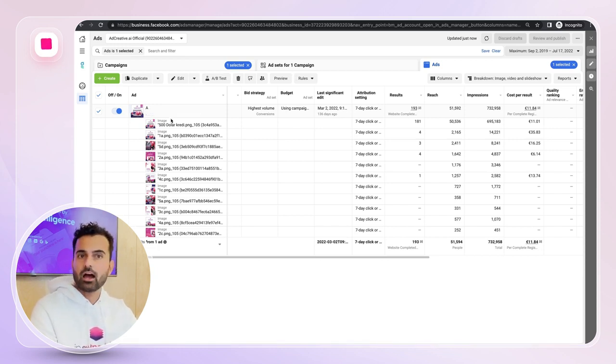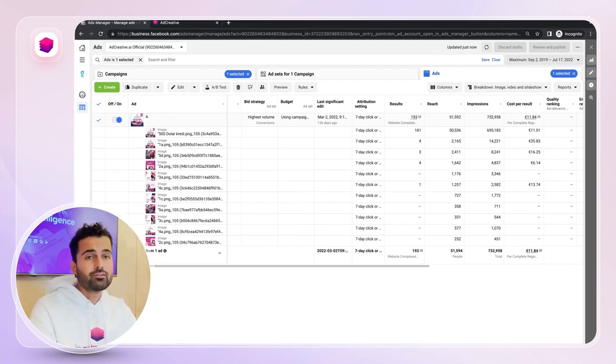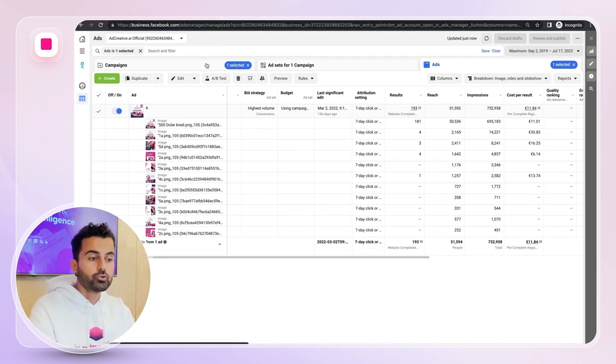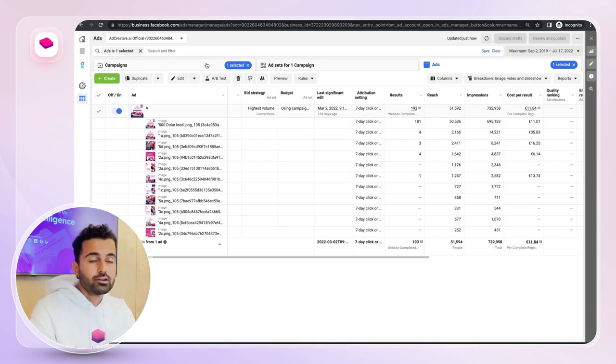To do that, I need to test new ad creatives. If I have a graphic designer or an agency working for me, I should definitely get in touch with them and get more creatives. But if you do not have a graphic designer, or if you want to test a lot and don't want the graphic designer or the agency to be the bottleneck to the success of your ads, in that case,